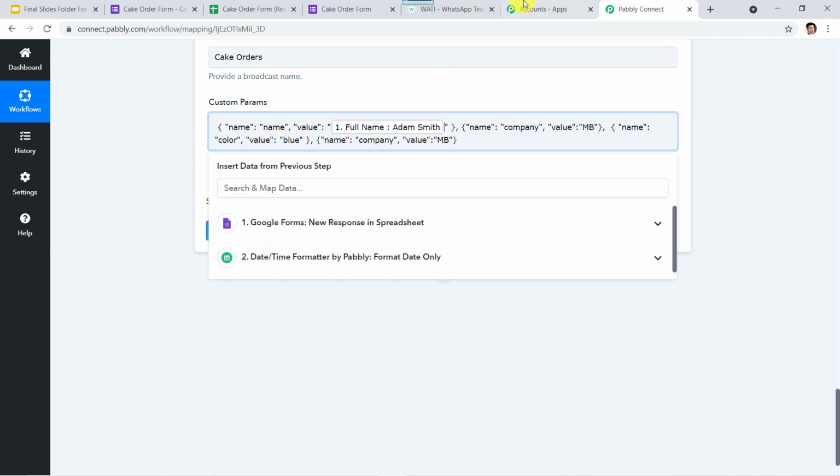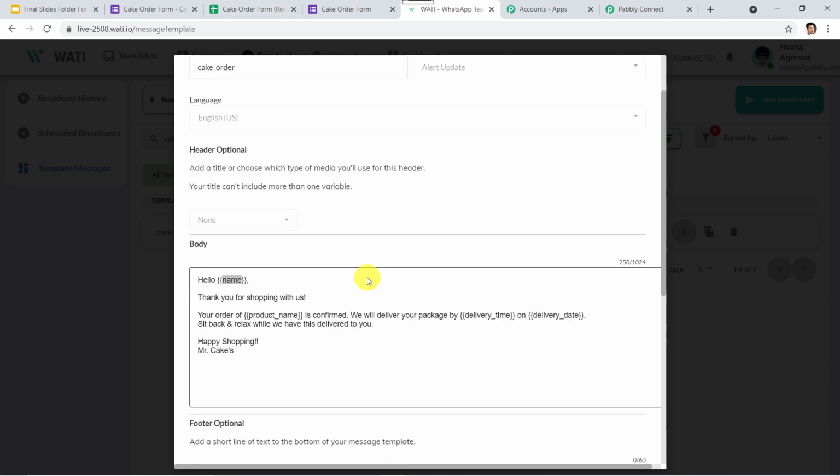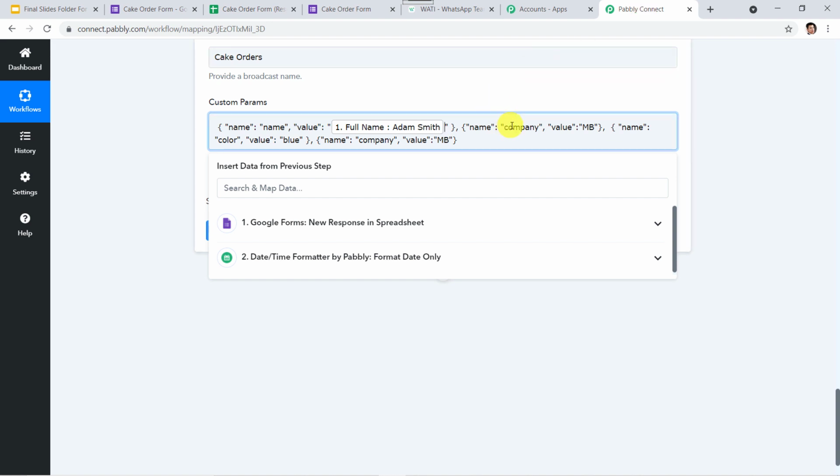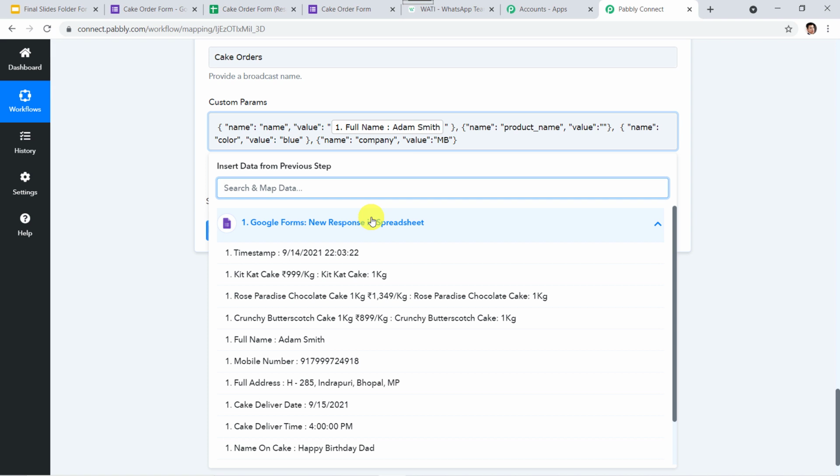Now the second parameter in our template was product name. So I'll copy this and go to Pabbly Connect. Now instead of company, we have product name. The value of the product name should be the product which the customer wants to buy, that is the KitKat cake.